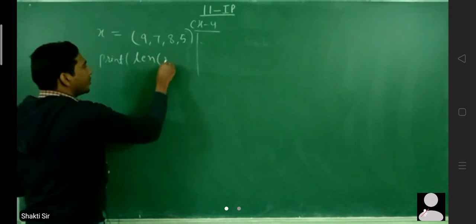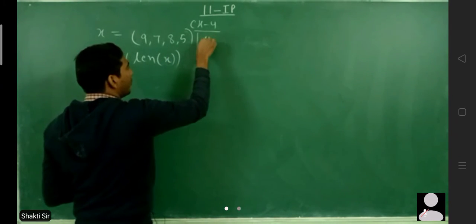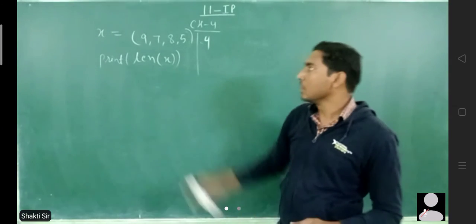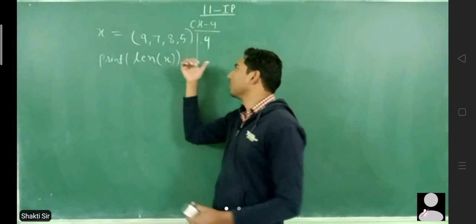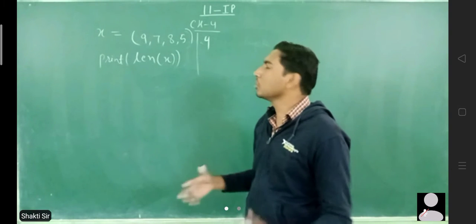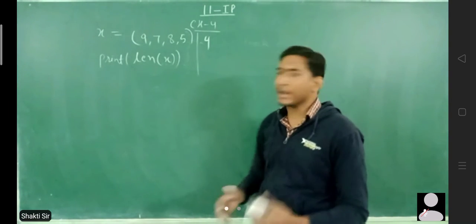len, and now you can pass the value x here, and now I will have the output 4, because 4 is the number of items in the list. Okay, 1 2 3 4, 4 is the number of items in a list, and now we have the answer 4. So basically you are not required to count manually what are the number of items in a list or what are the number of